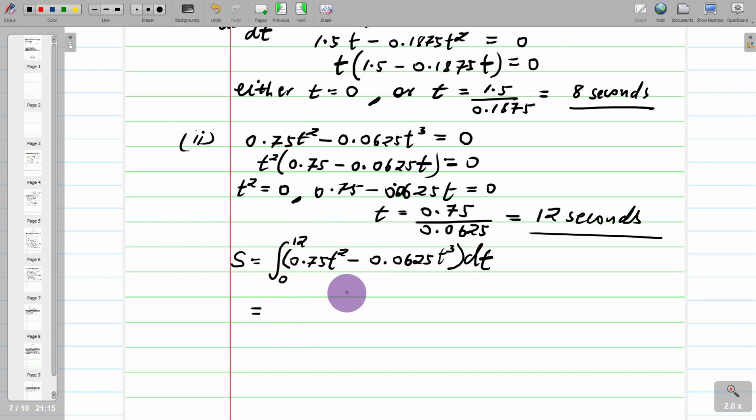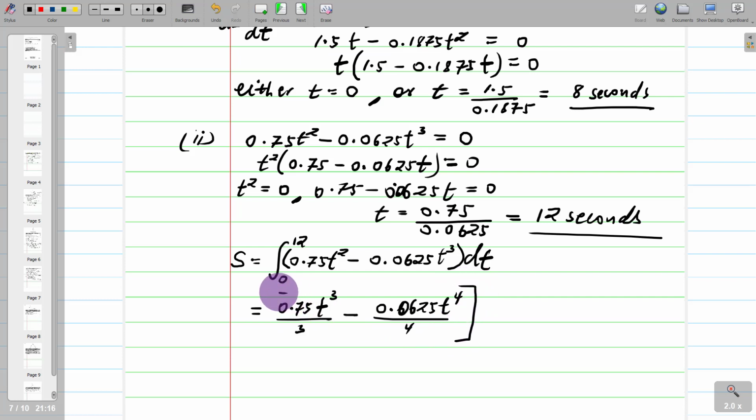So what do we have here? We have 0.75 times 2. That one will give us, so here we have 0.75t. We increase this power by 1, get 3, and then we divide by the same 3 over here. We do the same to this other point, 0.0625. We increase the power by 1, it becomes 4, and then we've got to divide by 4, and then